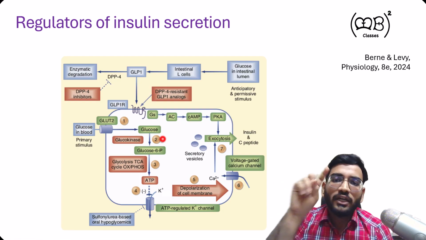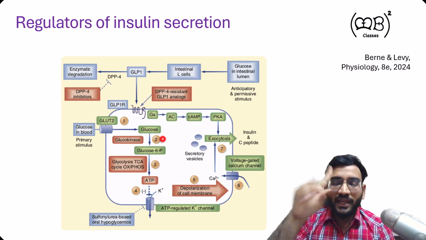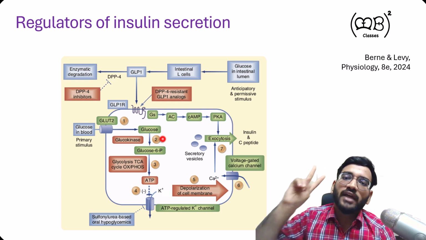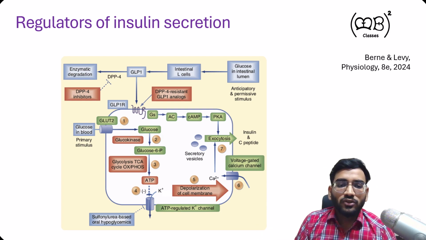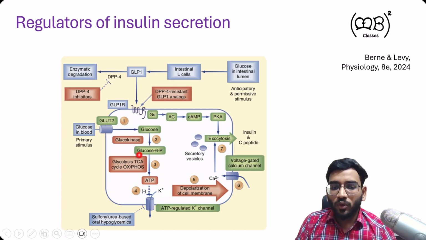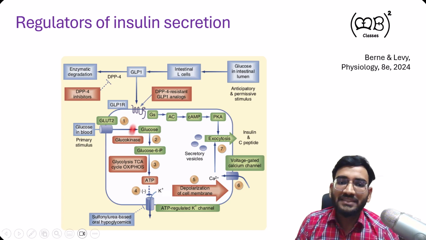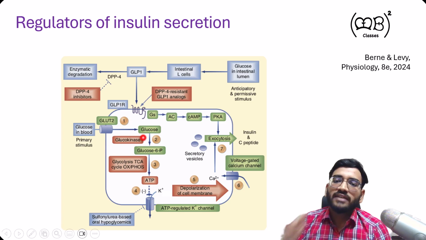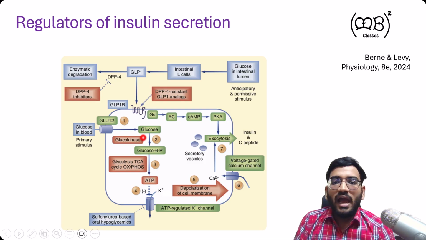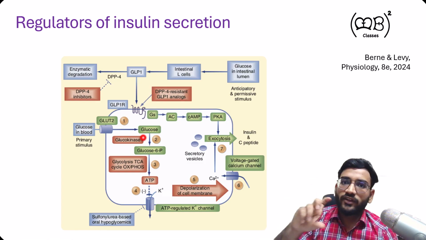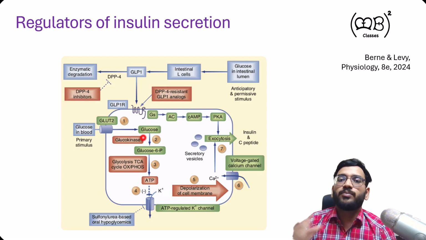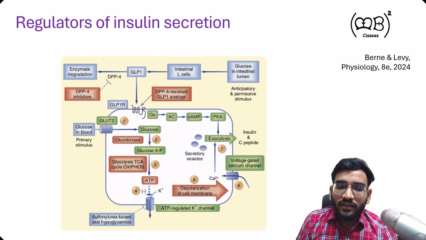Glucokinase is present mainly in two cells of the body, the beta cells of the pancreas and the liver cells, the hepatocytes. The glucokinase has a Km similar to the physiological range of the glucose, which is around 70 to 150 mg per deciliter. So at this level